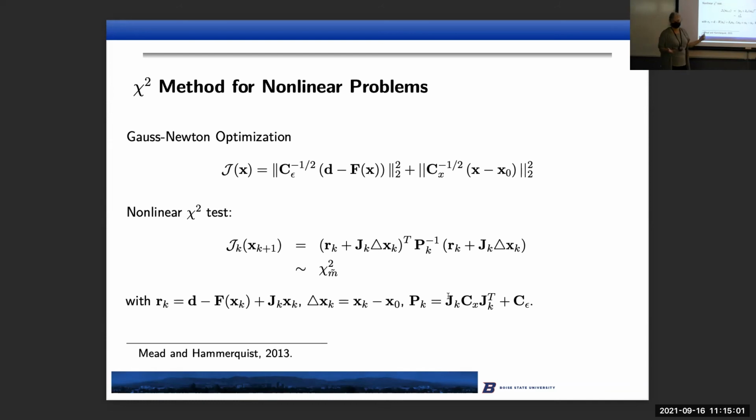So nonlinear, of course, is really important. The objective function looks like this in a nonlinear problem. So we have f of x instead of, say, a matrix times x. And this result is using Gauss-Newton optimization, but we also have one using Levenberg-Marquardt, if you're familiar with those methods at all. And the idea here is when we're solving a nonlinear problem, we iterate around some estimate. And so what we're able to show is those iterations